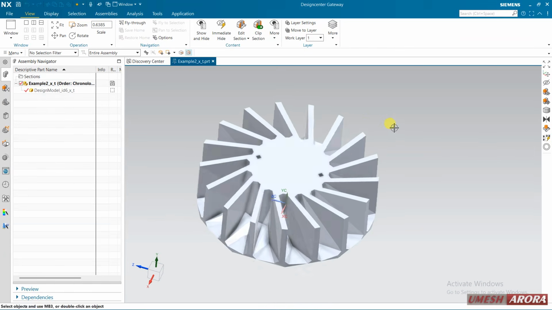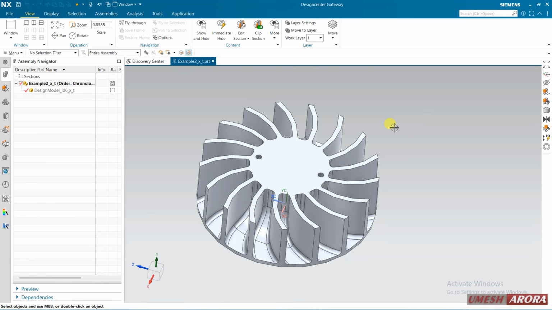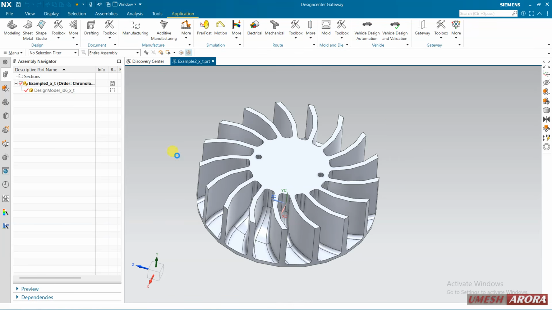So I have this part and I'm using the latest version of NX. So first of all, switch to manufacturing,